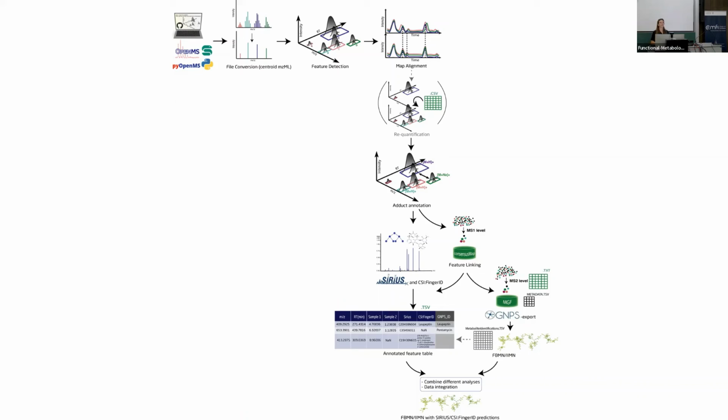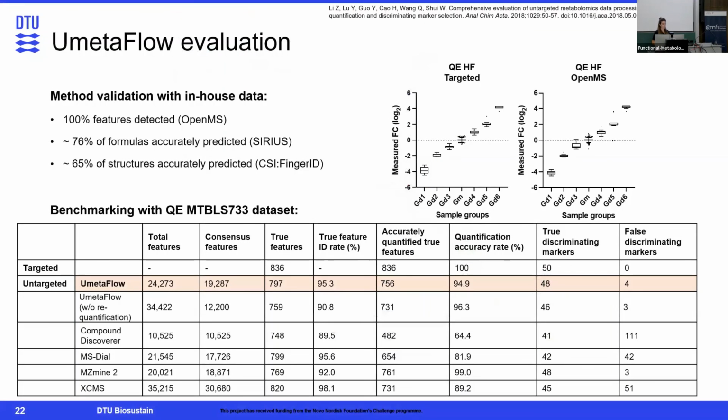Could you give us some details about the failure of Compound Discoverer? What was the workflow there, or what do you think was the main issue, for example, the false discrimination? I think that's a problem of the algorithm, probably of feature detection. I don't know exactly the settings, I don't know about the algorithm at all.